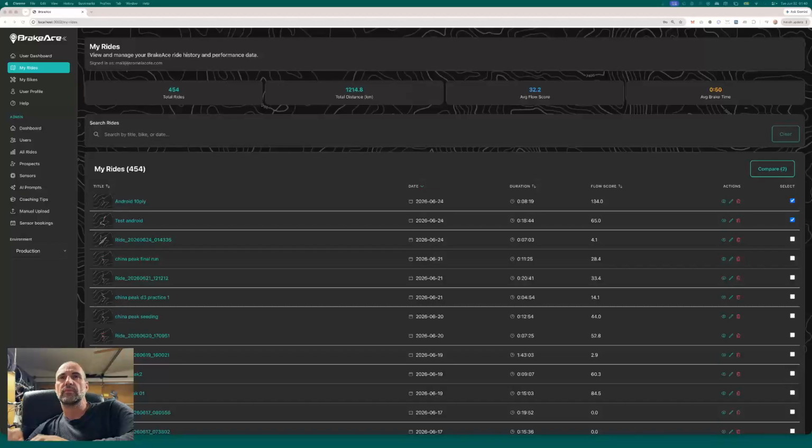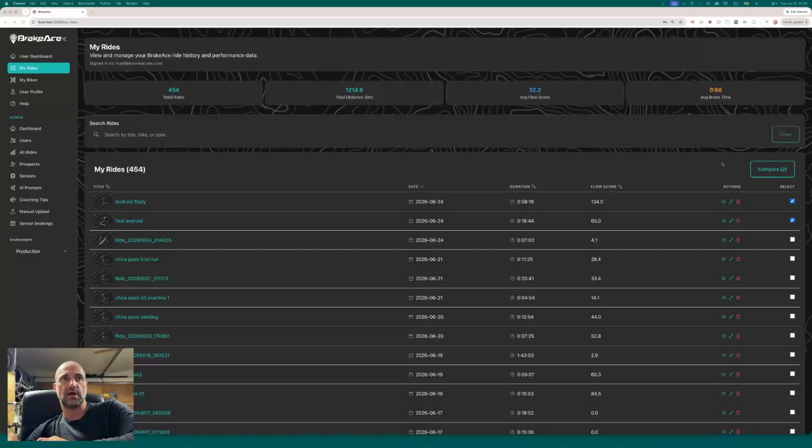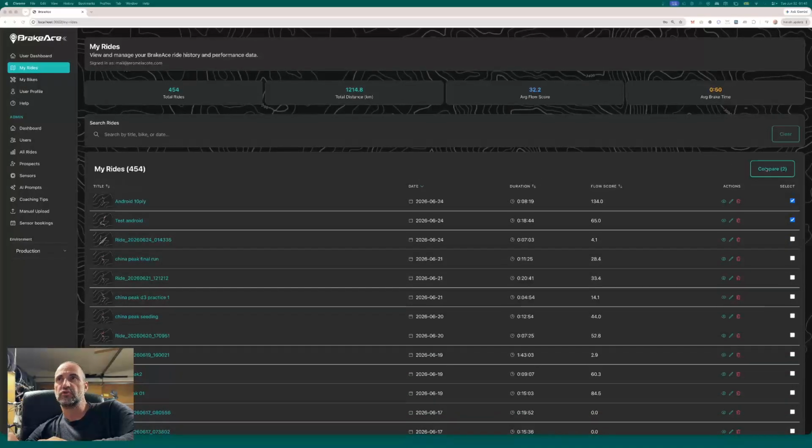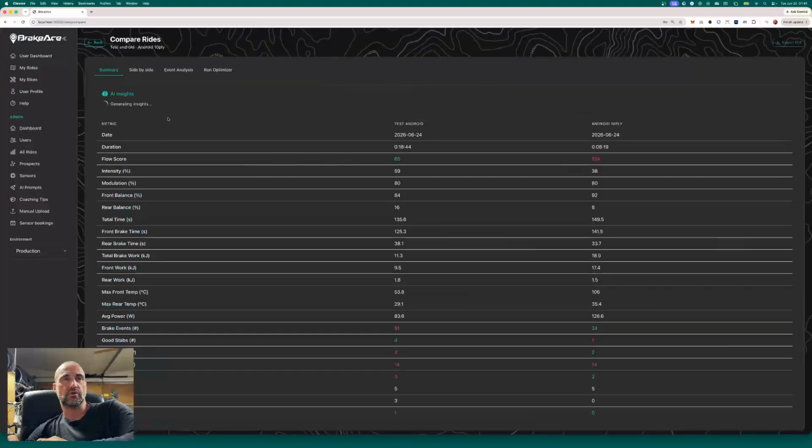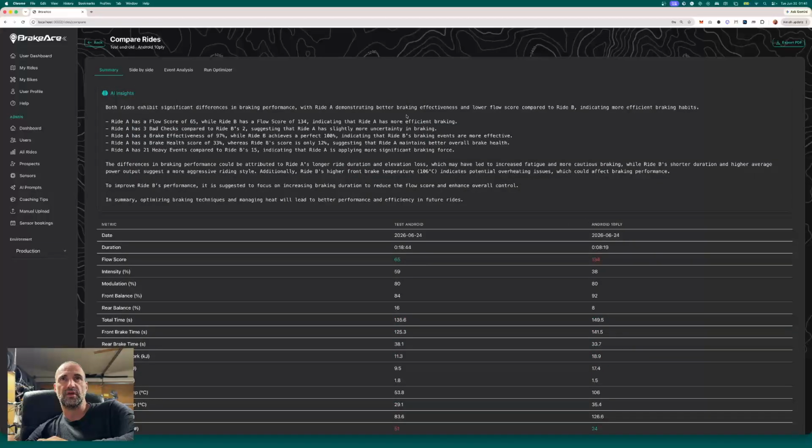Hello everybody, today I want to show you a feature I'm really excited about that allows us to compare different runs. I can select my runs, compare, and you go to this screen. You have your different metrics to compare. You have an AI insight to tell you what the relevant changes were between the two runs, and you